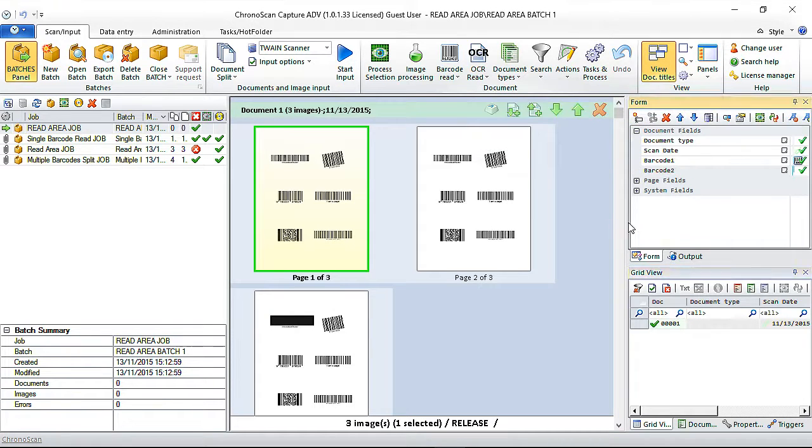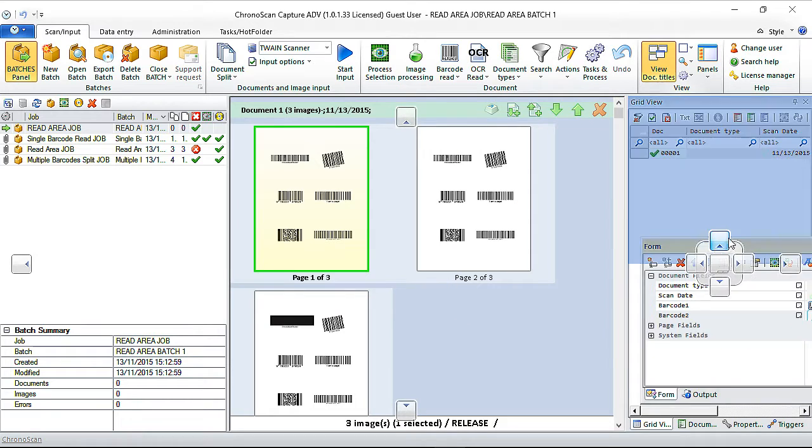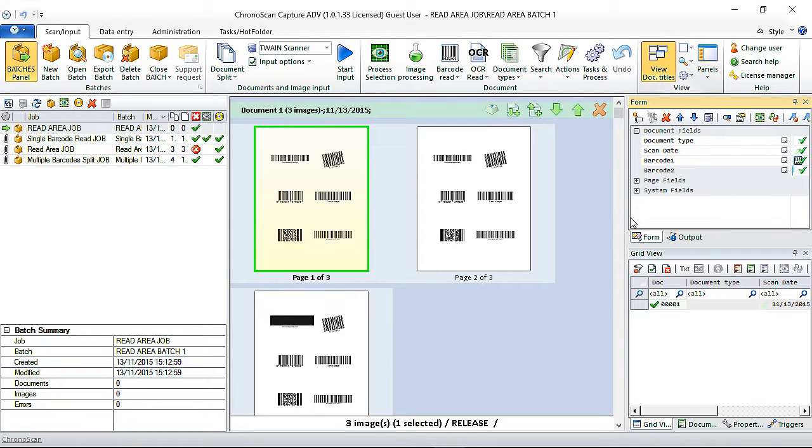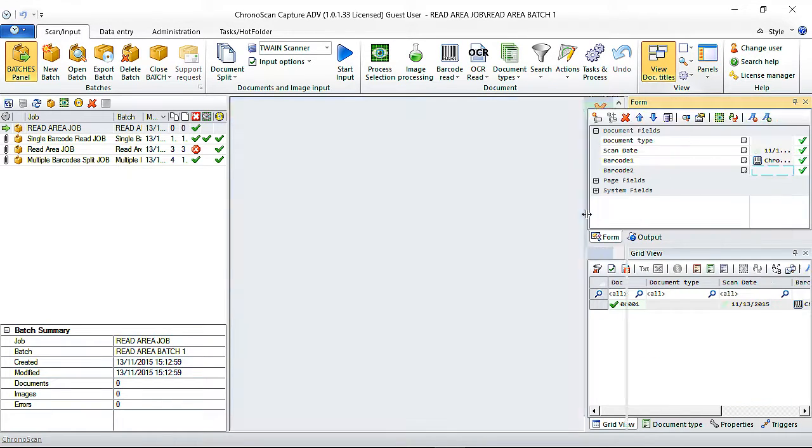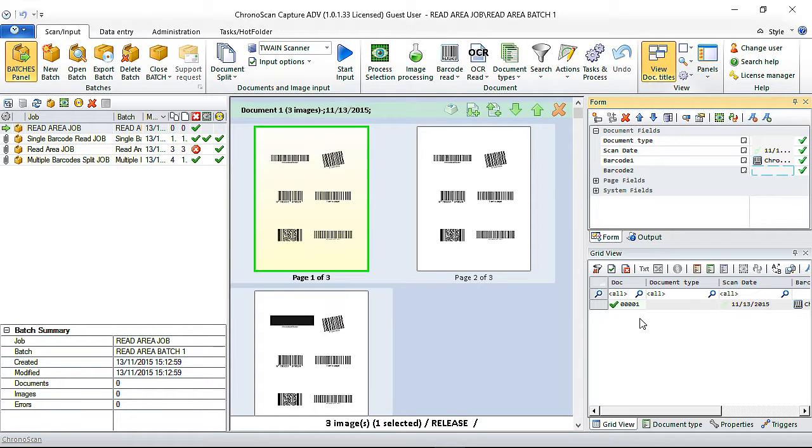And I'm not going to set up all 6 of them. That's just to show you how easy it is to set up. I'm just going to do, let's say, 2 more, because I want to show you some other things here. And then I will show you how we can split, because when we want to split, we have to insert inside ChronoScan only some 2 sample documents. So you can make sure the split is working as you want, and then you would just import the whole